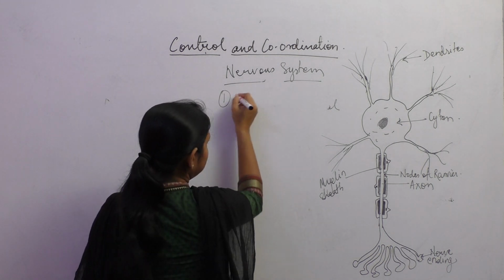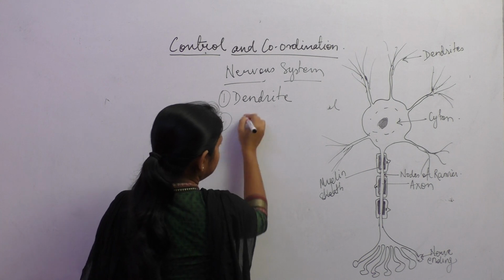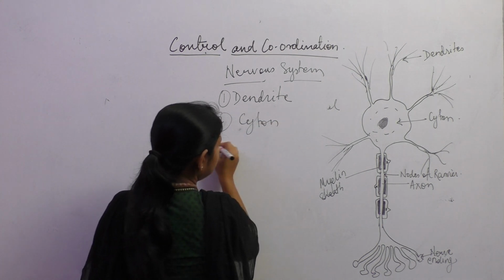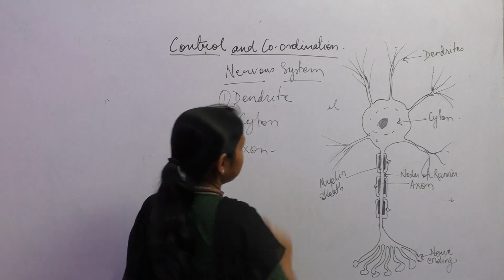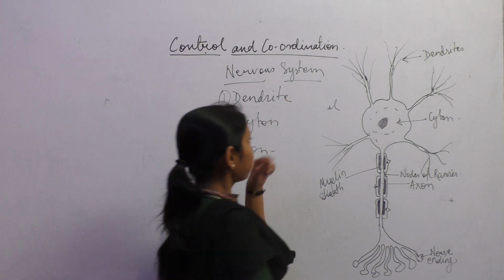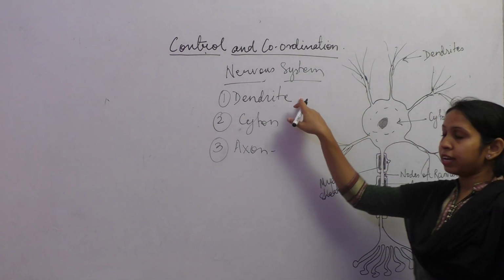The first one is dendrite, second is cyton, and the third is axon. So what is this and what are the functions of them? Let us take on. Now, dendrites, as you can see,